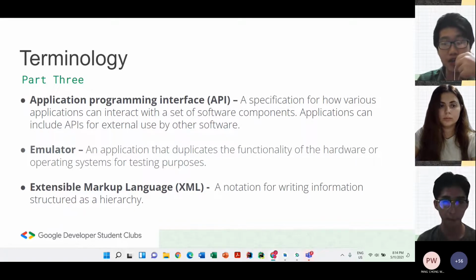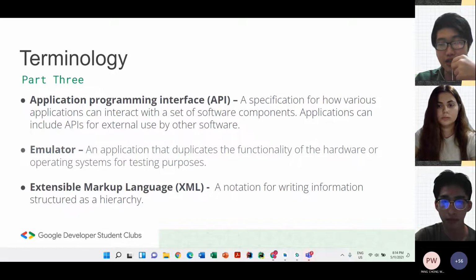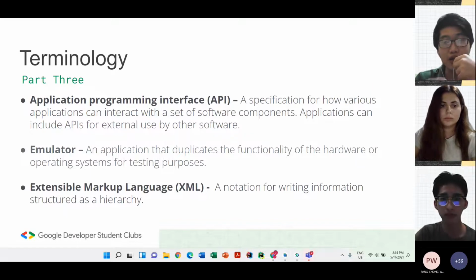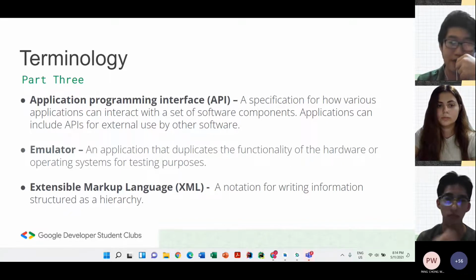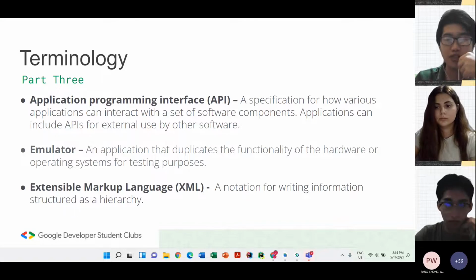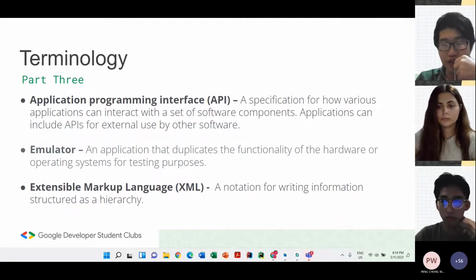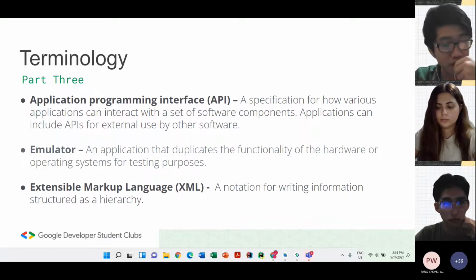Why? Because you are creating an Android app. It's an APK, so the APK cannot run on your PC. Your PC can only run exe files. So the emulator creates an Android phone so that your app can run on that phone. It will be as if your PC has two operating systems running at the same time. One is your real OS, one is an emulated Android OS.